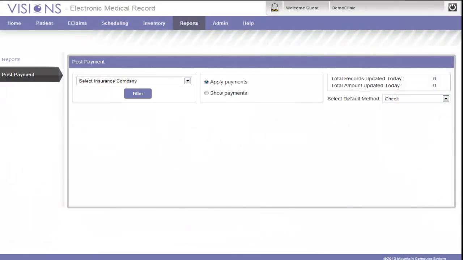In today's modern practice, most of us accept insurance. When we get paid from the insurance company, it's usually in a check that encompasses more than one patient, possibly 5, 10, 15, 20, depending on how busy your practice is. So when you get this check, rather than opening each patient's record and posting the check to that patient, we've